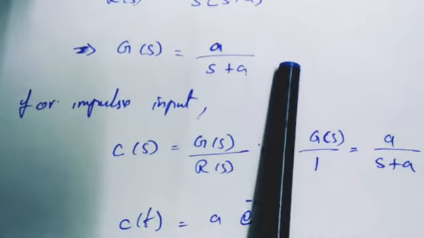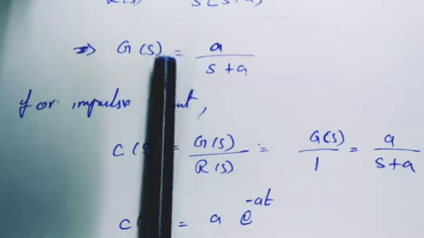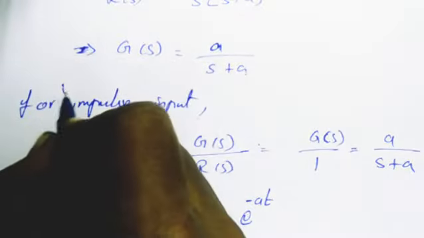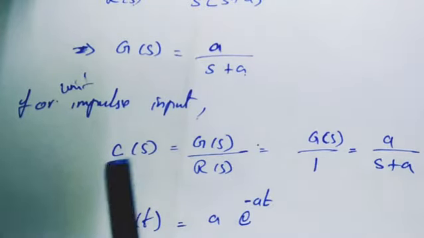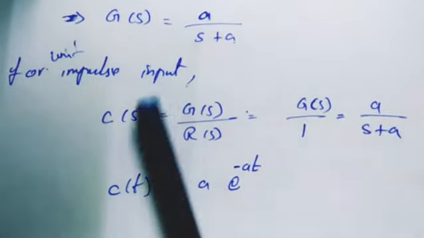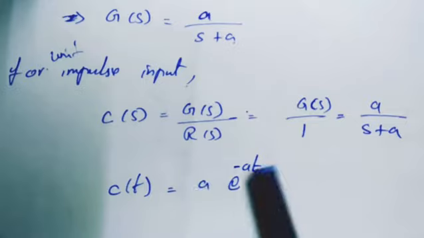So now this is an open loop transfer function, and again we are going to apply the unit impulse input to the system and find its response. So C of s is equal to G of s times R of s. We know this is our G of s, and R of s is nothing but the unit impulse input. So the magnitude is 1. R of s is equal to 1. So we will get the same G of s as the response of the system for unit impulse input. So this is our C of s. Now we are going to take the inverse Laplace transform, and that is C of t is equal to A into e to the power minus at.